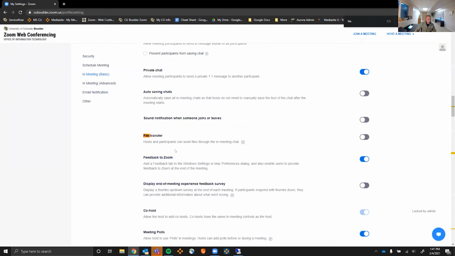And that's a keyword that I know. And I believe this is the one that we were referencing earlier. So we have the option to do the file transfer. It's off currently. This is a different Zoom session that we're in right now, but you would want to enable this one here if you want host and participants to send files through the chat. Just know that that will be